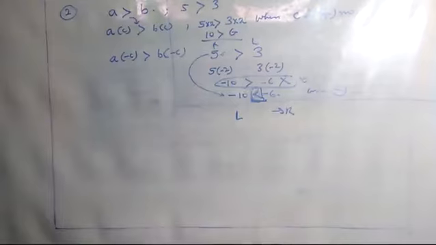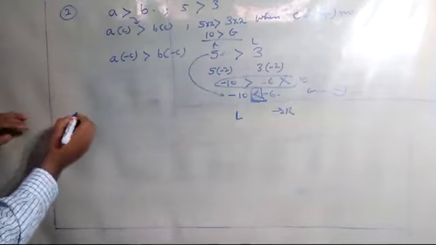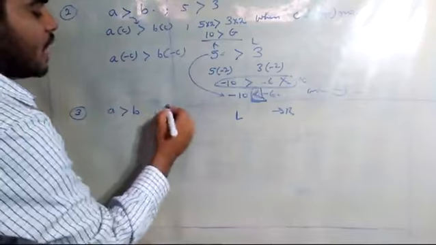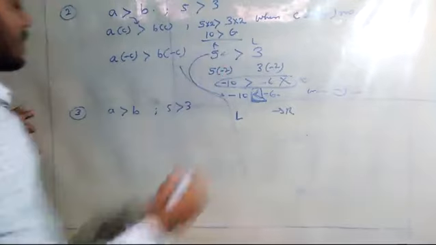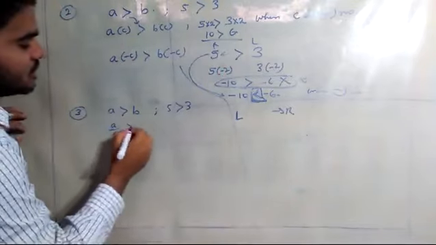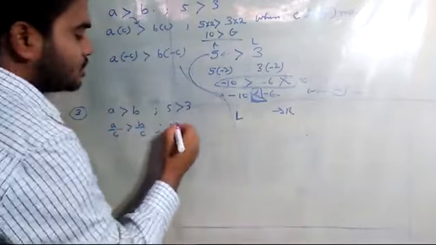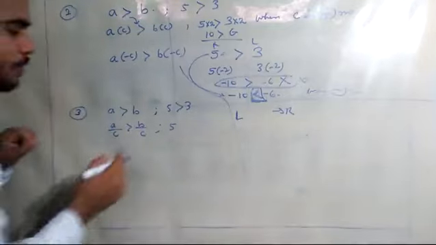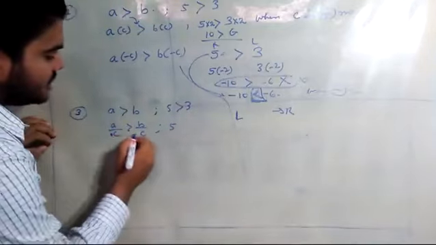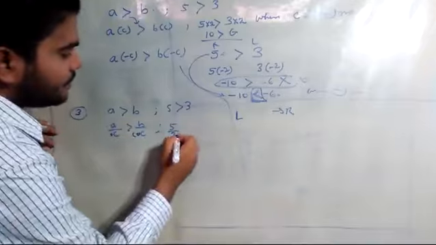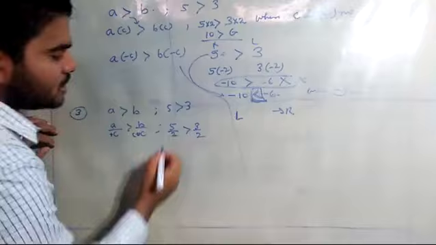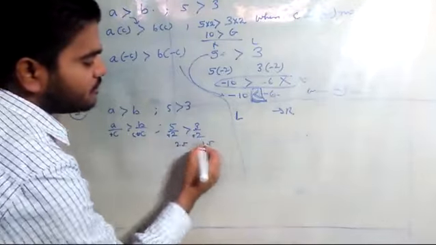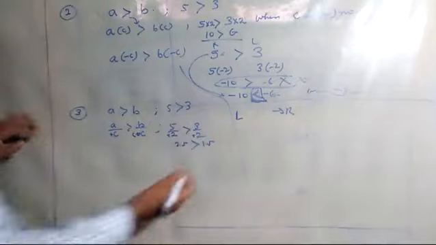Now the third law I want to say is that A is greater than B. Same example, 5 is greater than 3, no problem. Now if I divide by a positive number, B by C, you may be understanding what miracle is going to happen. If C is positive, if plus C is there, then again the sign will not change. Here plus 2, so 5 by 2 is 2.5, 3 by 2 is 1.5. Obviously 2.5 is greater than 1.5.